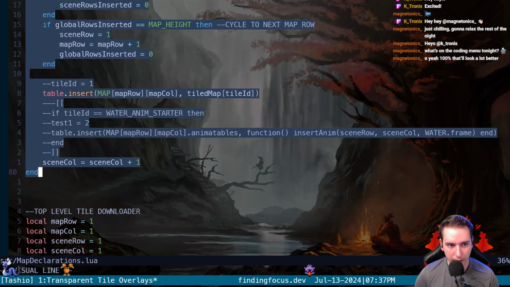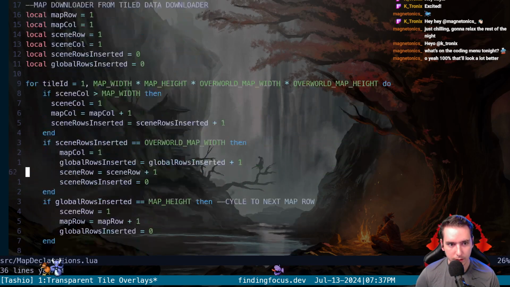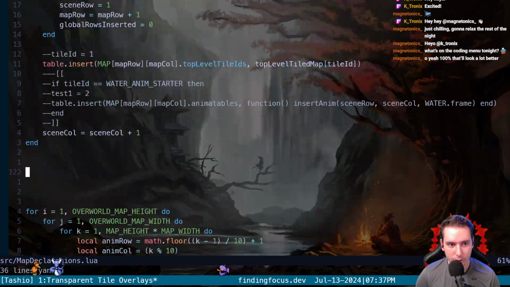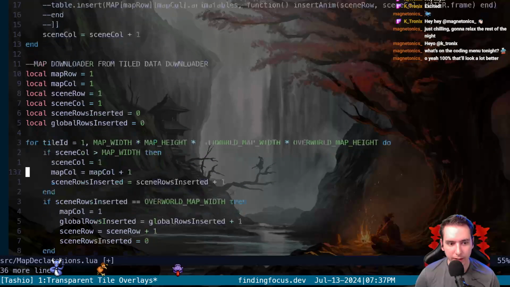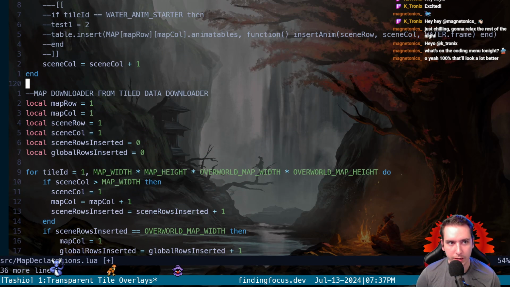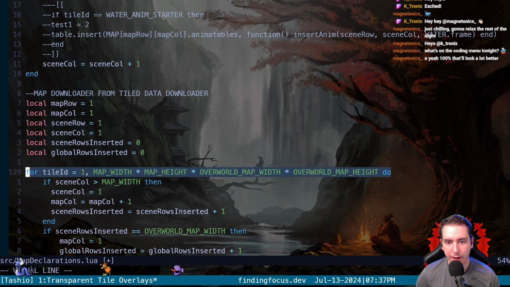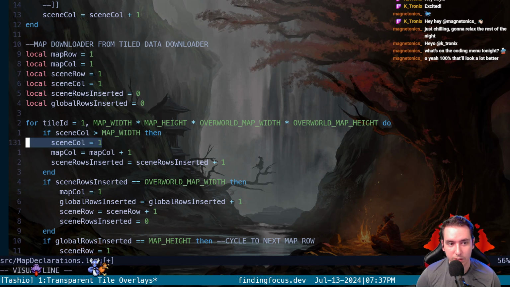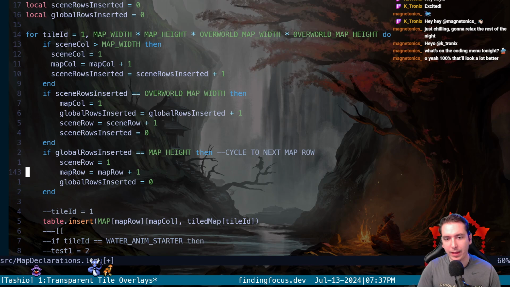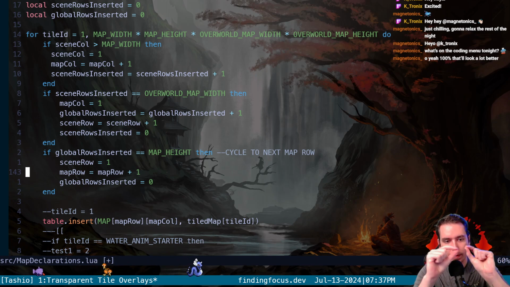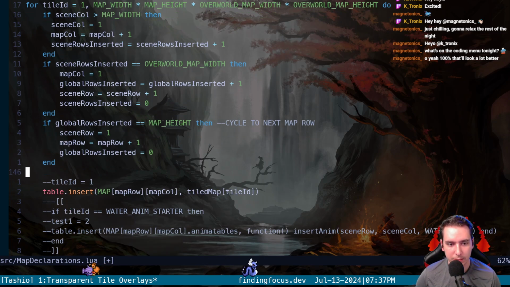Now, I don't like, we'll probably make a function that can do this instead of me doing it 3 times like this, but I'm just trying to get it to work, and then we can make it pretty later. But I'm reinitializing all these local variables, cycling through the entire 9,000 tile of our, like this is every tile of our overworld basically, and then I'm counting which call we're on, which map call we're on, how many rows we've inserted, because it spits out 9,000 items back to back. So we have to tell it, hey, this item goes exactly in this grid on this map. So that's what this code is doing. And then